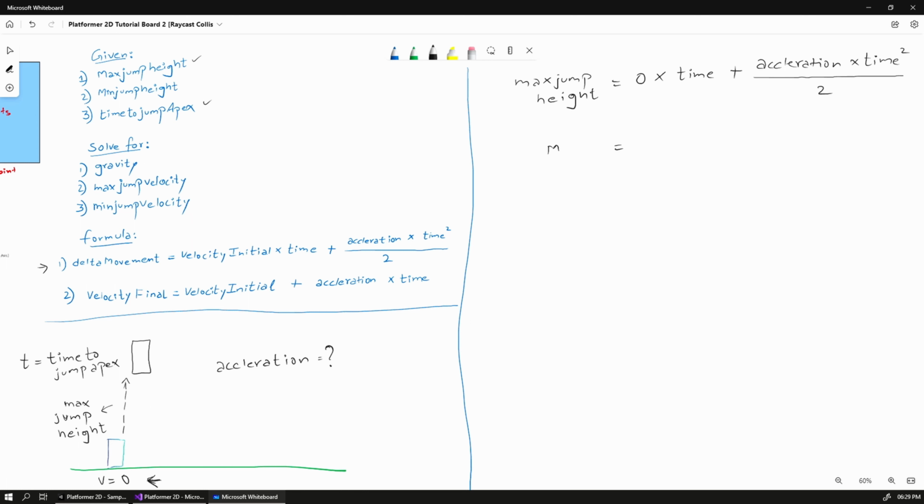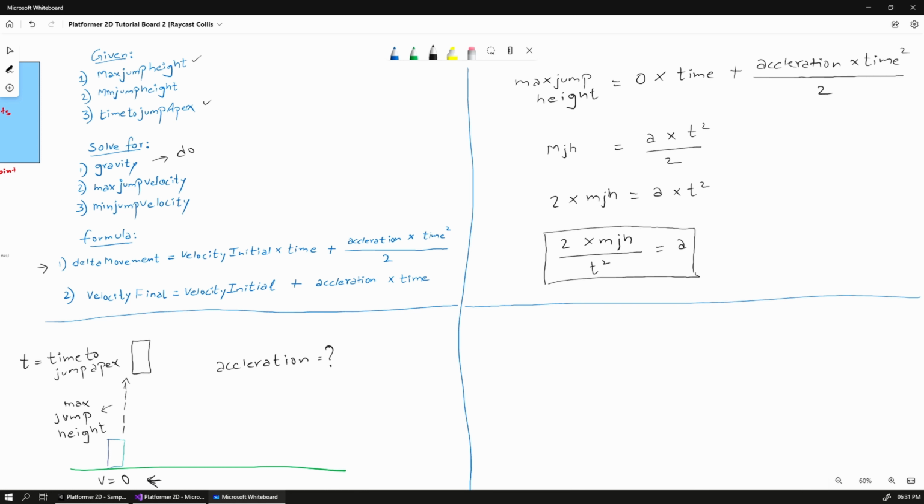So let's solve for acceleration. Max jump height equals a into t square by 2. Now we can convert this into 2 into max jump height equals a into t square. Finally we can say 2 into max jump height divided by t square will be equal to our acceleration. So that is the acceleration which we would require when making a jump, but what we need at the moment